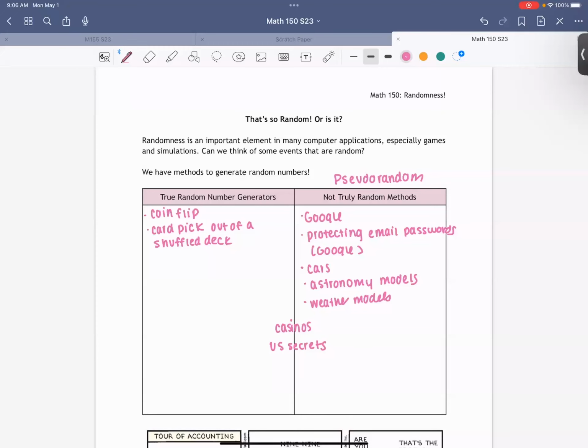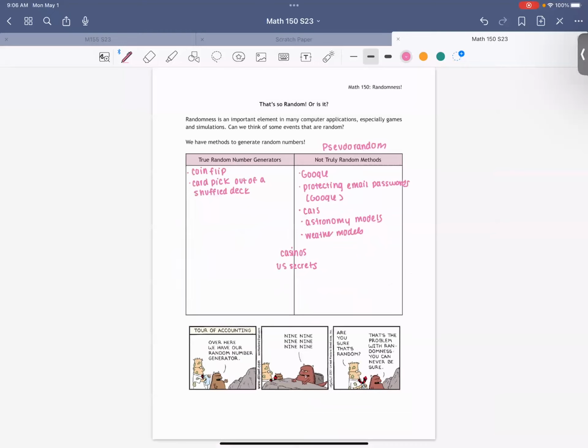So we're working on this packet here, and it has a little cartoon at the bottom, if you're still looking for it. This packet is not going to be on test 3. It's not going to be on this week's test, but it is material for the final exam. So don't really worry about it if you don't understand it quite right now. But by the final, we should have a good grasp on it anyway.